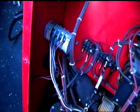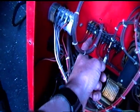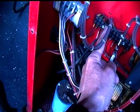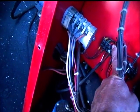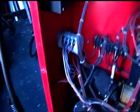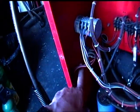And I've DC tested this, and in fact that is the neutral or negative, and that one is live. Sorry, other way around. That one is the live, that one is the neutral. As I've said there, the red insulation wire going in at the top is your live. So what I've got to do is I've got to fit a switch and a socket on the front of